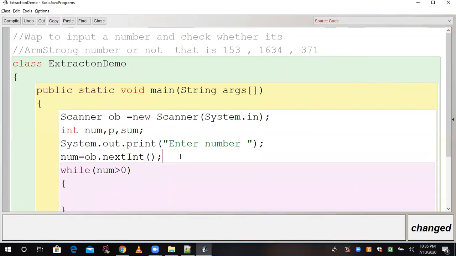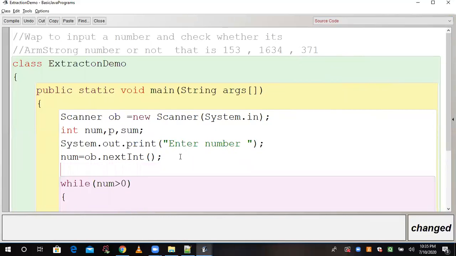So before destroying that number, we will store a copy of it in D. D is a variable which is holding the num. So we took a backup of num in D. Whatever num is, the same will be stored in D. I will explain in a better way why we did this.